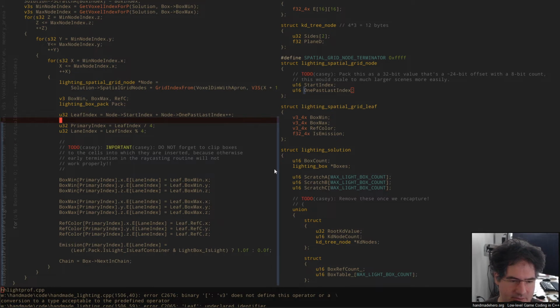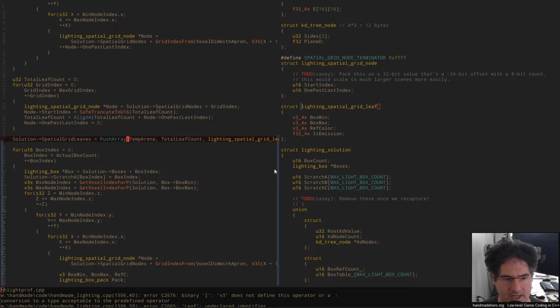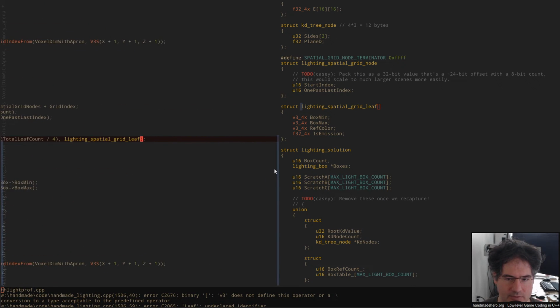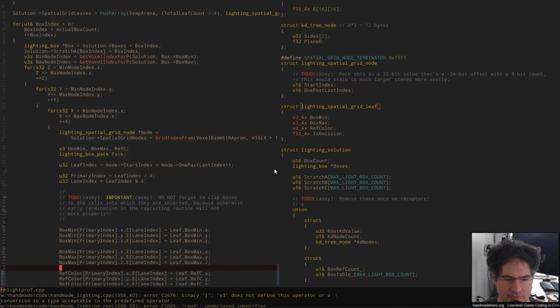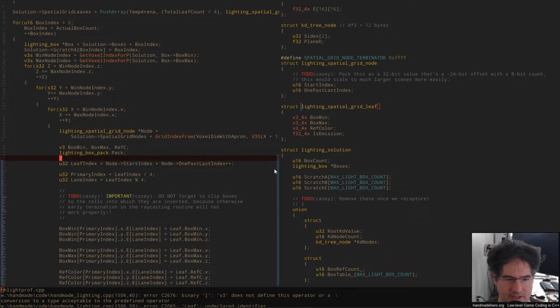I don't really know exactly how we had intended these to come out. If we take a look at the lighting, this spatial grid leaf bit here, right? Actually, it occurs to me too that this total leaf count is just whatever the value is divided by 4, right? Yeah, I can't think of anything squinkier here. But if we divide the leaf count by 4, we know that each one of these packs 4 in there. We're going to pull one of these out, and in order to pull one of these out, we need to